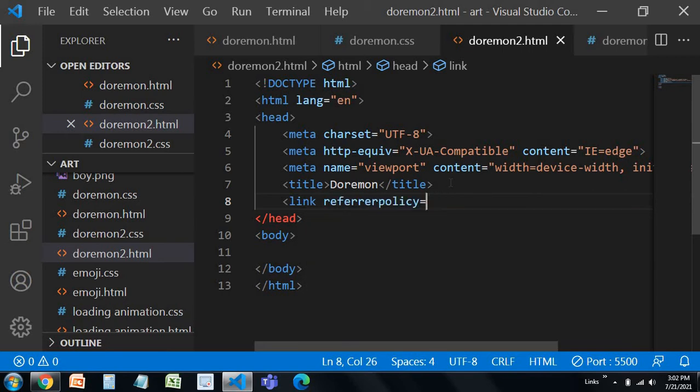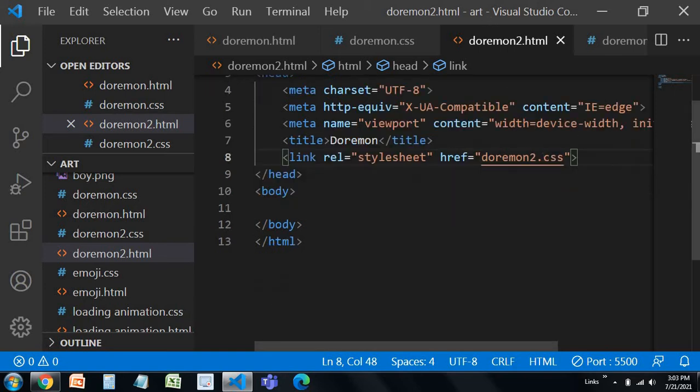Link rel is equal to stylesheet, then href doremon2.css. You can give it doremon.css and doremon.html, but I am creating this file a second time, that's why I've given